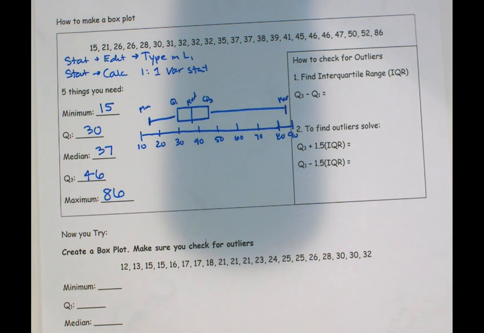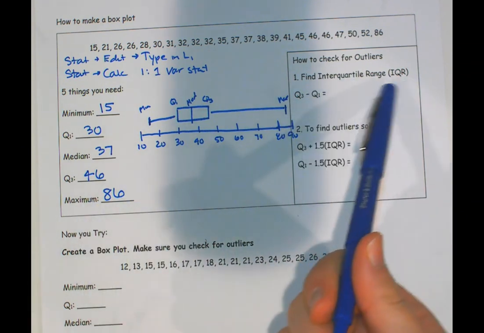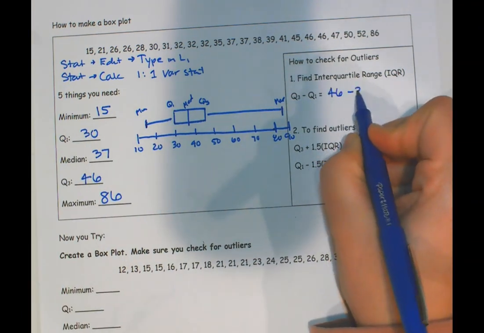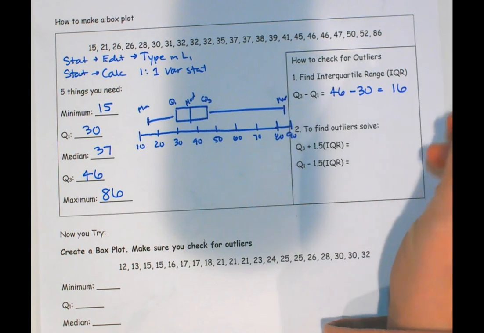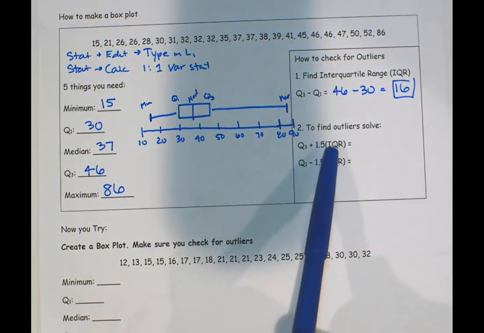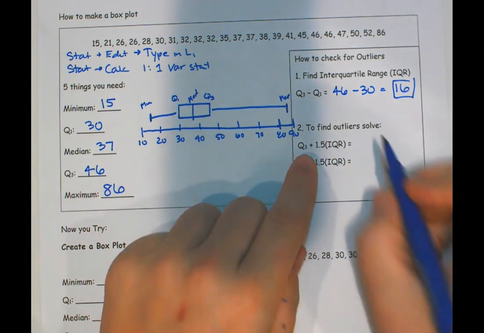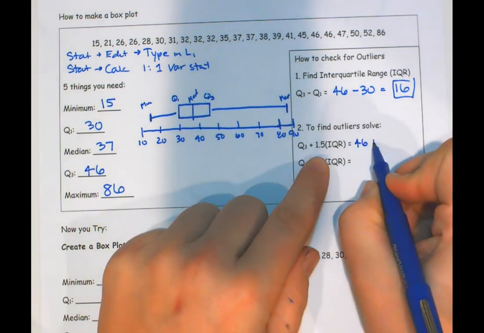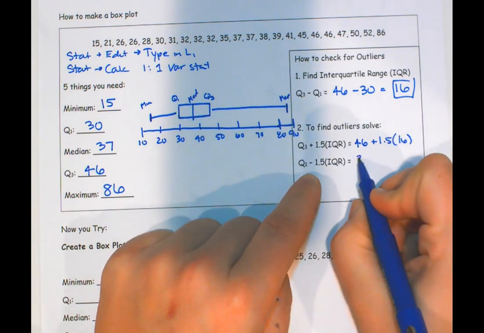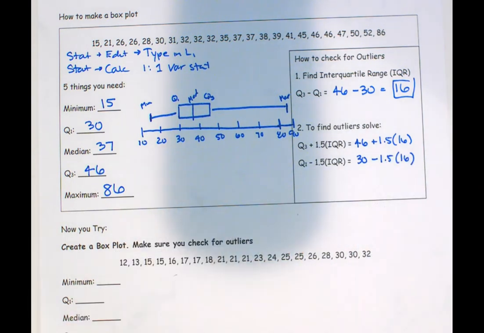So then we want to check if we have any outliers. So we would take our interquartile range, which is Q3 minus Q1. So 46 minus 30 would tell us that our interquartile range is 16. And then we're going to do both of these formulas to see if there are any outliers. So Q3 is 46 plus 1.5 times 16 and then Q1 is 30 minus 1.5 times 16. So when I solve those,